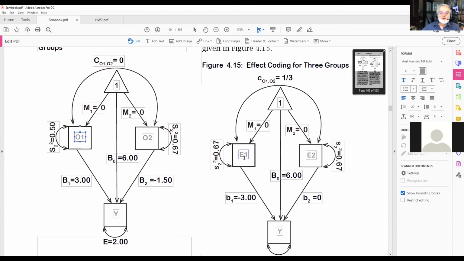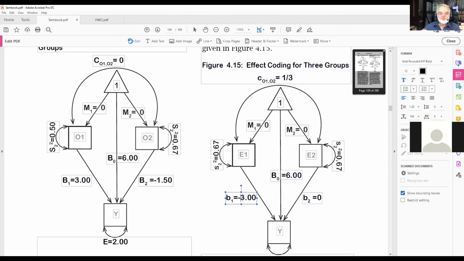Now in effect coding, I'm going to use 1s, 0s, and -1s. One of the groups, in this case group 3, is always going to get -1. And I will use 1s and 0s to identify group 1 and 2. The reason I care about that is that it gives me my answers relative to the grand mean, the mean across all people in the study. The answer I get out for this group will be how many points above or below the grand mean, that is the mean taken across all the people I looked at. In this little example, the grand mean was 6, and group 1 had a value of 3,